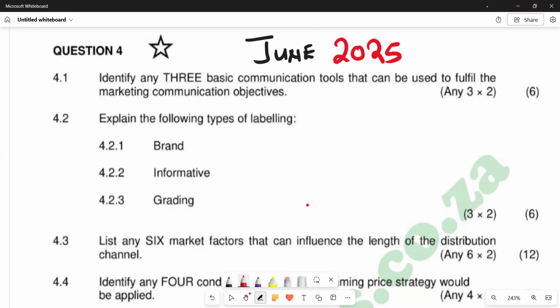So in this video, I want to look at a question from the question paper of June 2025. So we're going to look at question 4 of that question paper. On the first question, 4.1, identify any three basic communication tools that can be used to fulfill